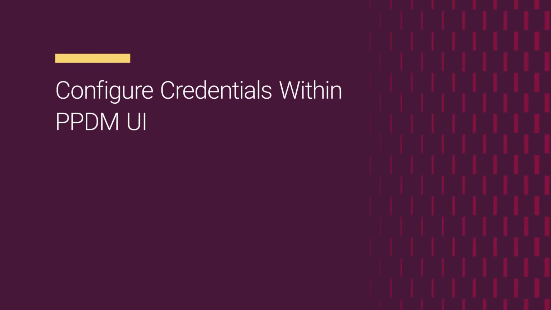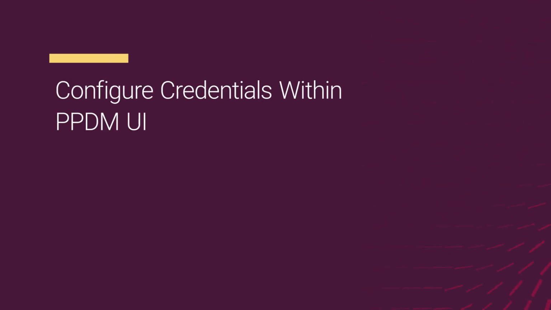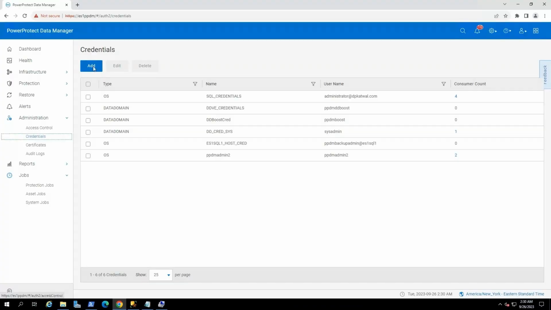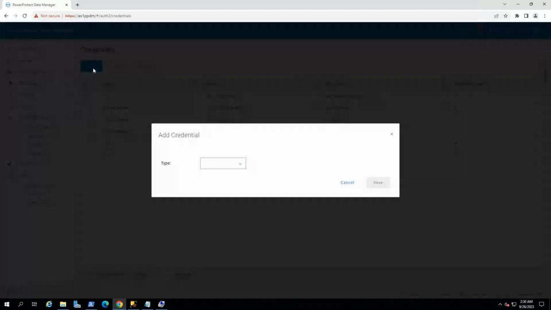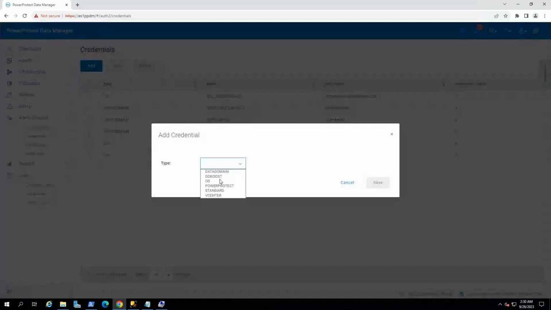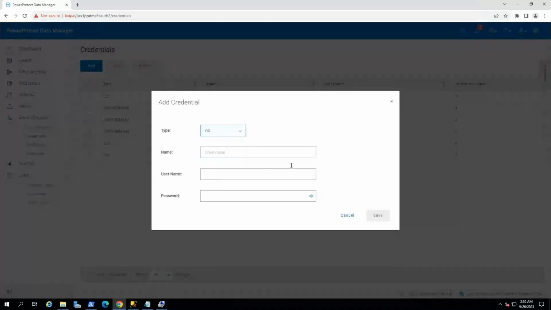Moving on, let's add credentials for the local user in PPDM. Open the PPDM UI, navigate to the Administration section on the left and select Credentials. Click the Add button. In the Add Credentials window, choose OS under Type. Give a name to identify the credentials within the PPDM UI and enter the username and password associated with the